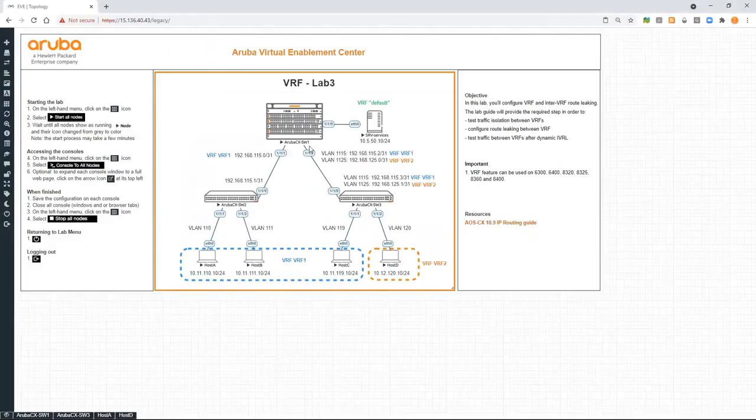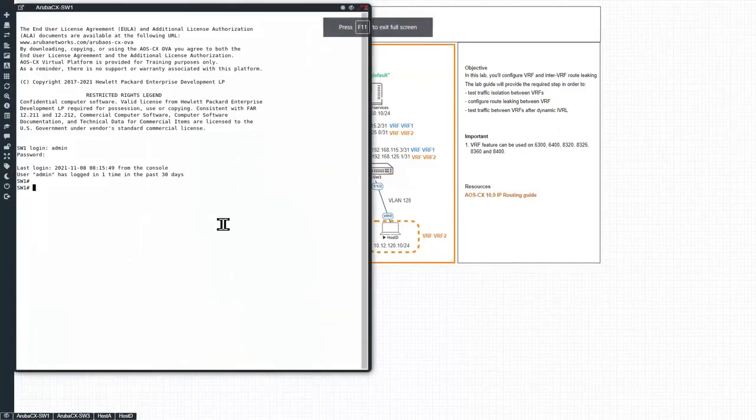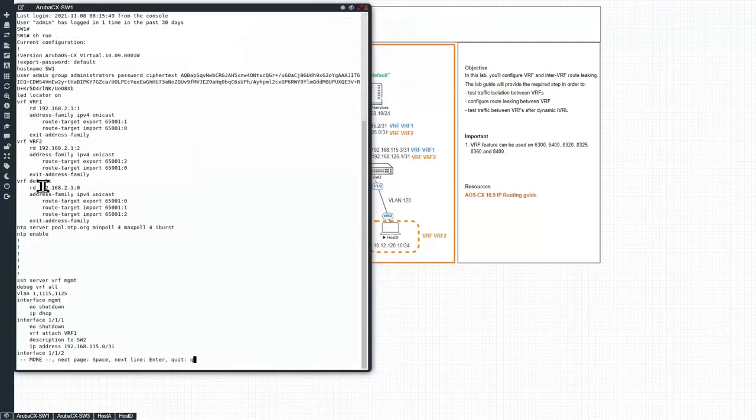So this is the EVE-NG server. Here we can take a look at switch 1 and the running config. As I mentioned, this is the default VRF exporting with :0, and that is imported in VRF1 and VRF2.